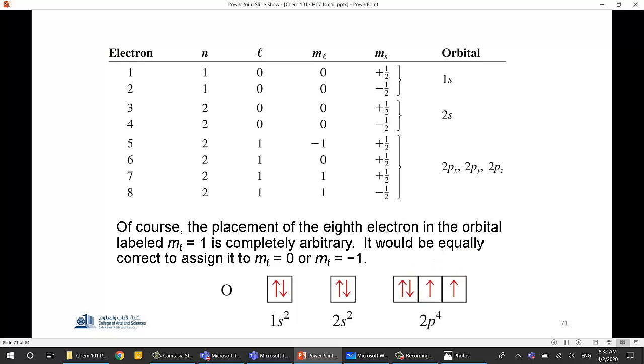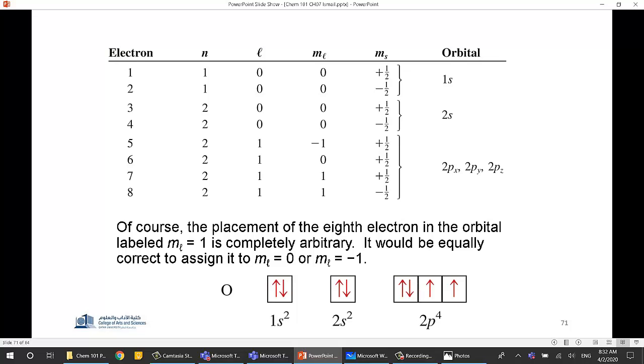So actually, the eighth electron, don't think it could be any one of them. No, it's not. It's this one actually. The one pointing down. Because when we filled the last 4 electrons in the P, we said up, up, up, and then down. So the last one we filled is electron number 8, and therefore the N for that is 2, because